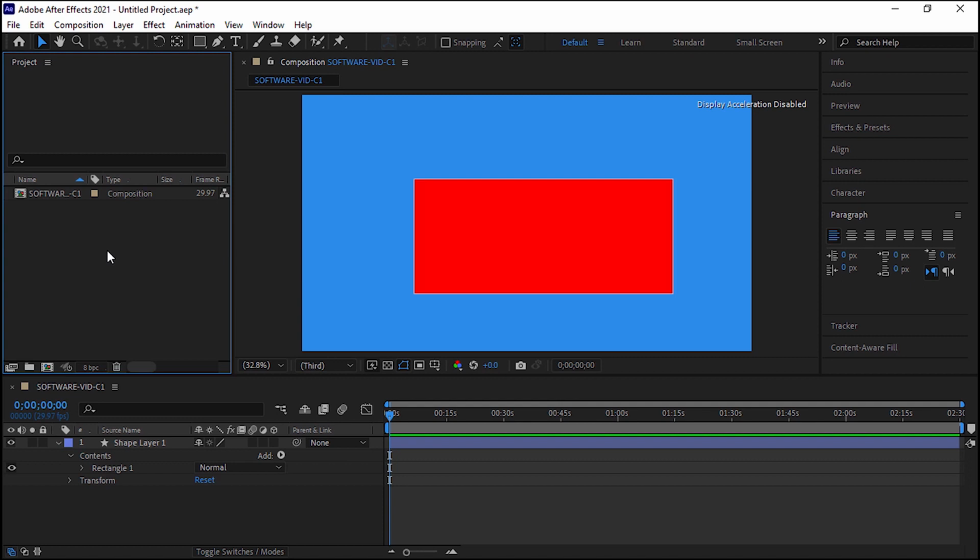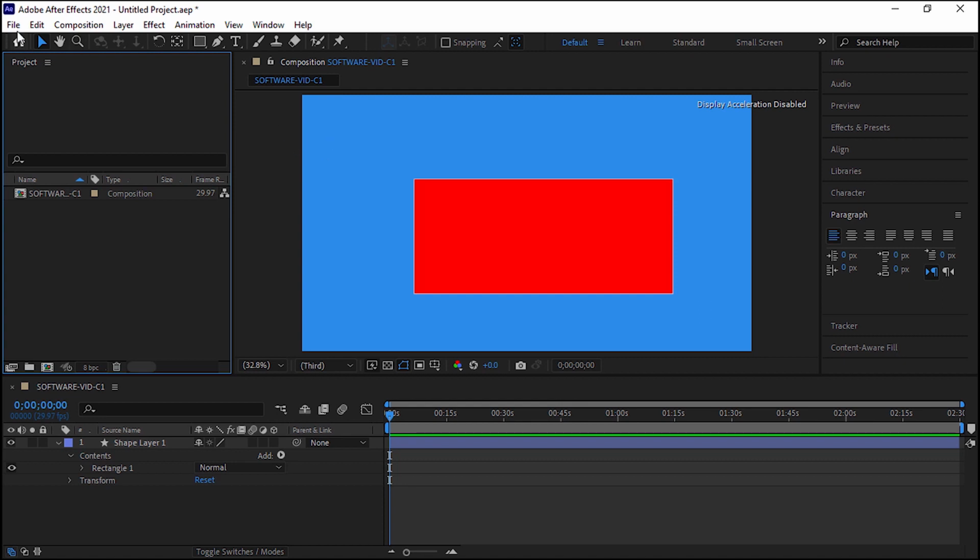Okay. So far we have learned how to create a new composition. But before we look at the methods of creating a composition as well as importing files into the project, it is best to look at the principles and methods of saving a project together. In fact, after making one or more changes, you should save your project so that you can access it in the future. I open the File menu.